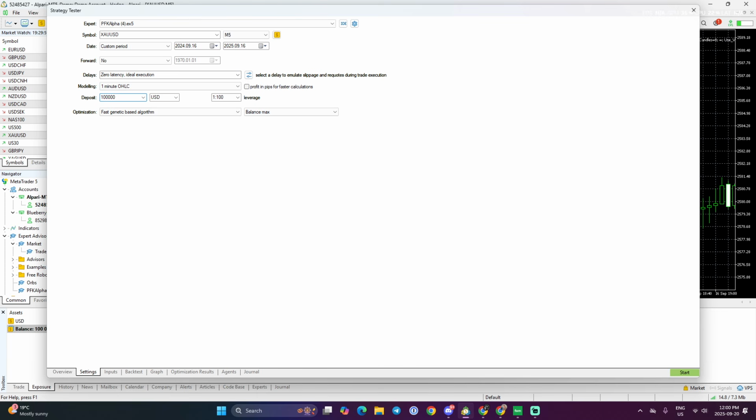$100,000 account here, and I will use leverage 1 to 100, which is good. Then I like to use the fast genetic based algorithm to backtest, because that will take like 5 million plus potential combinations depending on what inputs you're testing, and